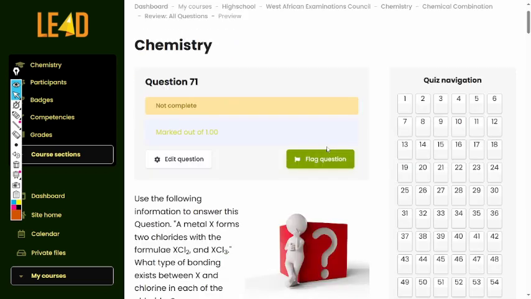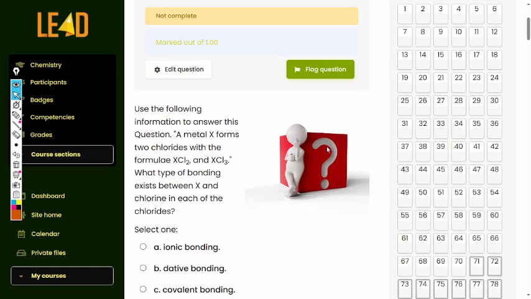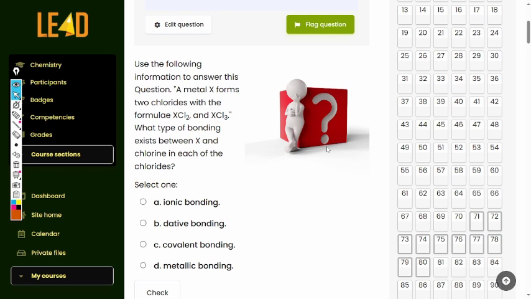So question 71. Use the following information to answer this question. A metal X forms two chlorides with the formulas XCl2 and XCl3. What type of bond exists between X and chlorine in each chloride? From the formula we can see that the combining power of X in both chlorides are 2 and 3 respectively, while the combining power of chlorine is 1. What that means is in